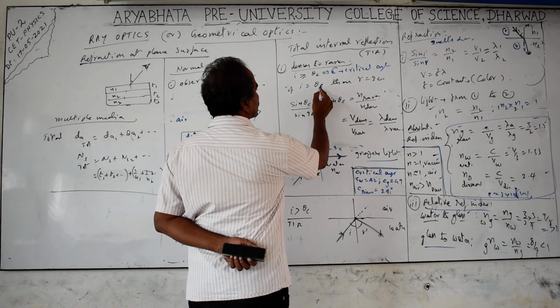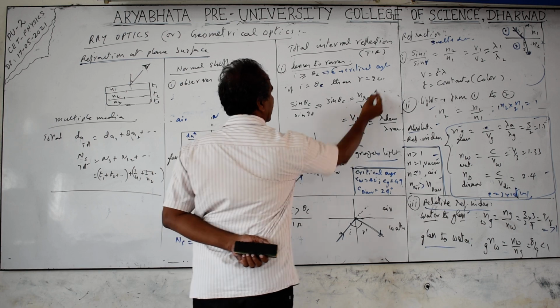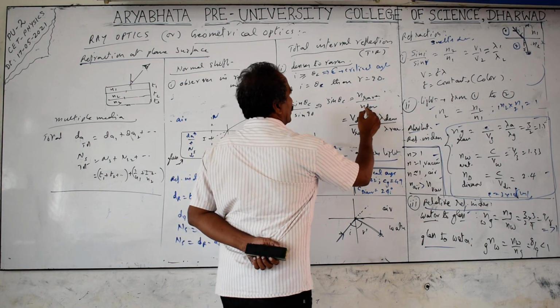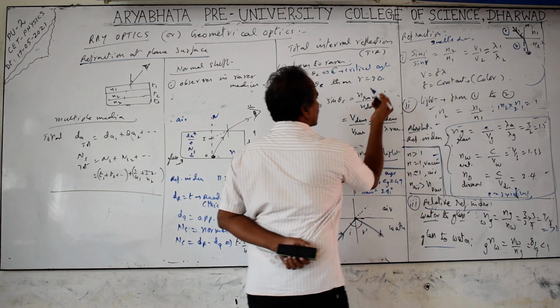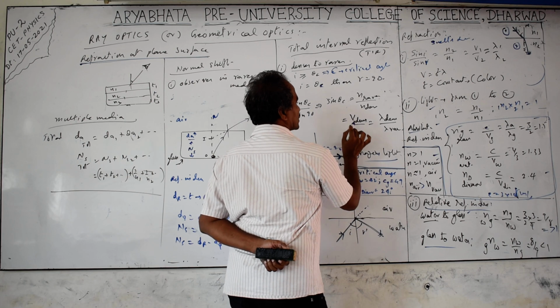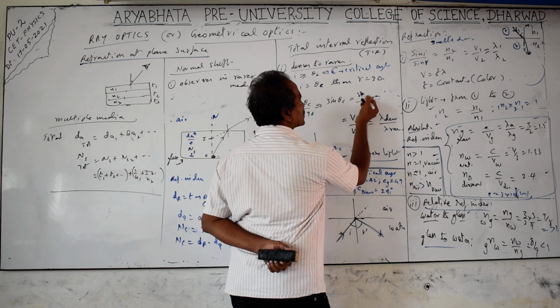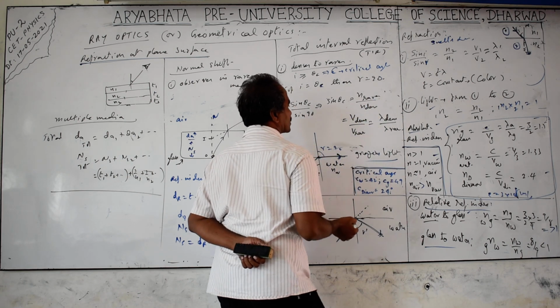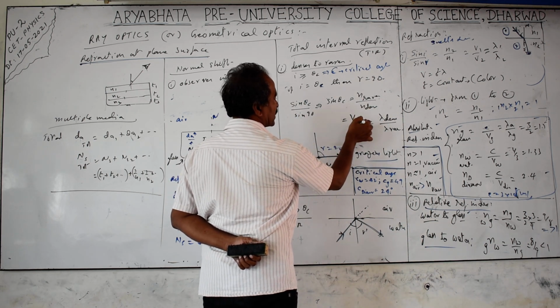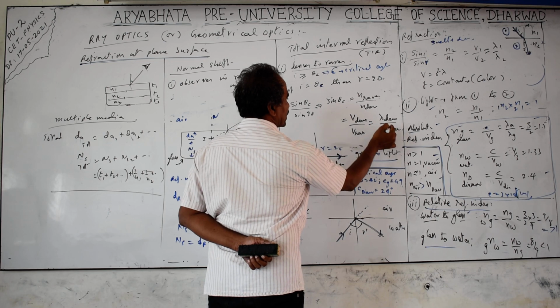Sin theta C, if I equals theta C, then r becomes equal to 90 degrees. Sin 90 is 1. So this becomes sin theta C equal to second medium by first medium. Light is compulsory to travel from denser to rarer medium for these total internal reflection conditions. So light is traveling from denser to rarer, which means the refractive index becomes equal to n rarer by n denser, second by first medium. So this becomes equal to the reverse ratio of velocities, v denser by v rarer, lambda denser by lambda rarer.